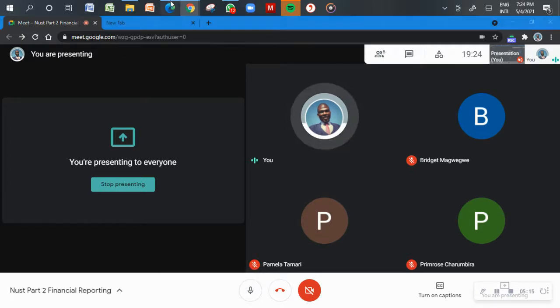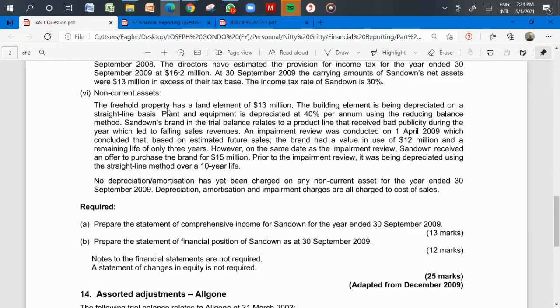Okay, sorry about that. However, on the same date as the impairment review, Sundown received an offer to purchase the brand for 15 million. Prior to the impairment review, it was being depreciated using the straight-line method over 10 years. So what we are going to do is